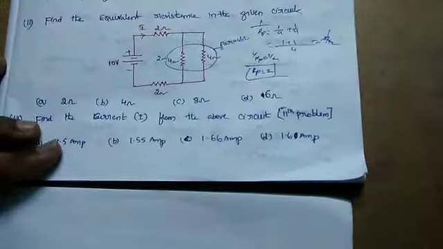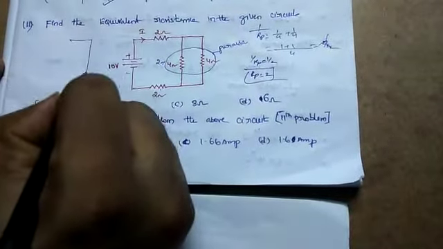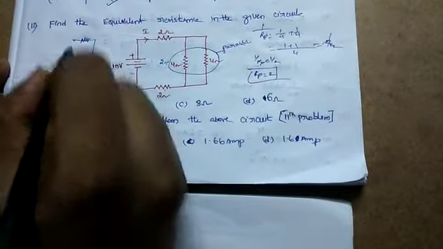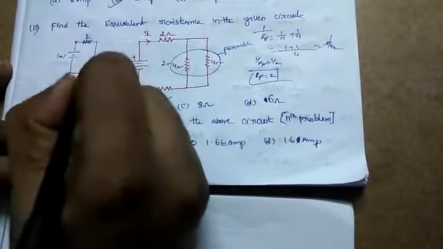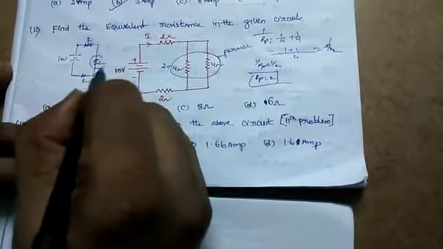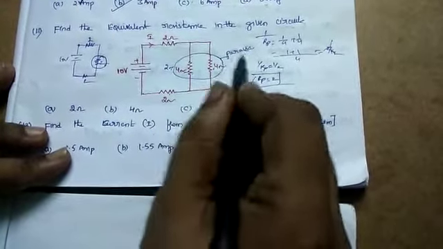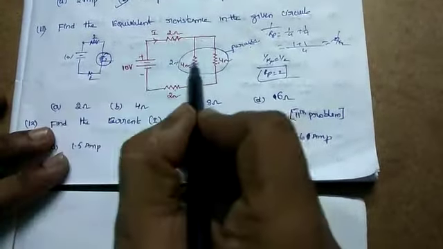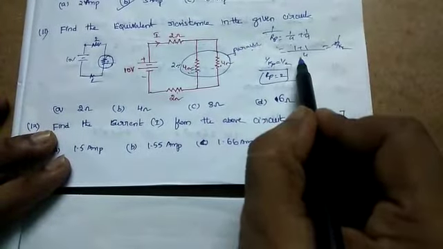So this entire resistance, how much? 2 ohms. So these 2 ohms, these 2 ohms, these 2 ohms. That means the circuit is like this. Here one resistance, here one resistance, and here one resistance. These 3 resistances are connected to 10 volts. So 2 ohms, 2 ohms, 2 ohms. Why is this called 2 ohms? Because this is 4 into 4 by 4 plus 4. Those in parallel can be combined, and these two are in series. So that's why we get 2 like this. 1 by Rp is equal to 1 by 4 plus 1 by 4.